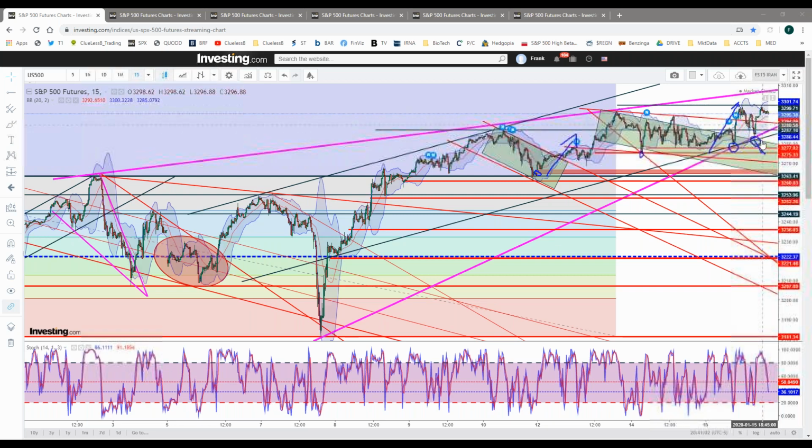So if we had dropped from roughly 3,300 down to 32.65, that's a drop of 35 points. 35 points, as you all know, so that would be a drop of 35 handles, 35 S&P points, 35 E-mini points. And I normally take a factor of 35 times 7, roughly, to see what the Dow Jones would do. So we would be down 245 points. All of a sudden, you would hear screams of panic, all kinds of stuff,